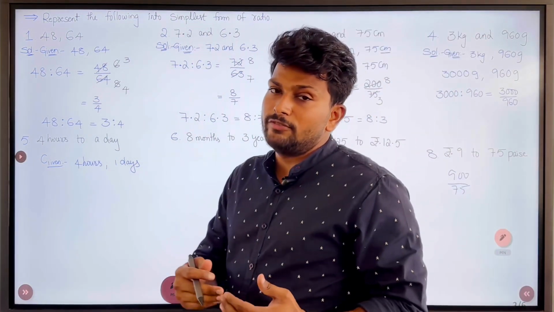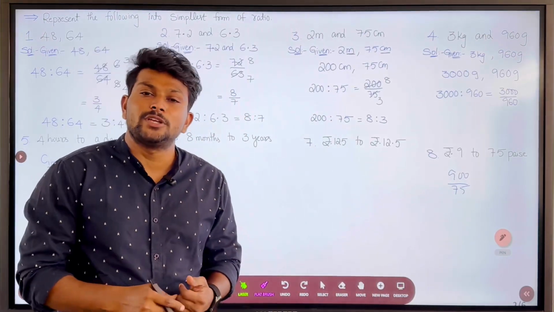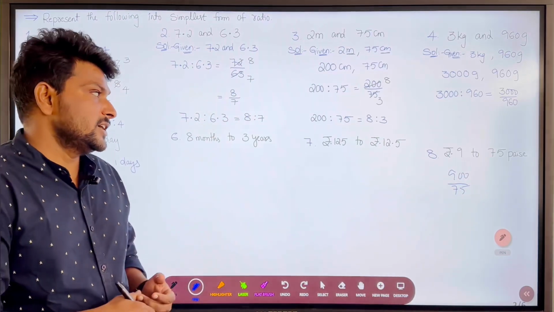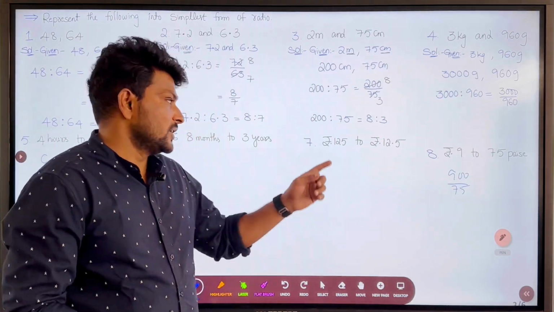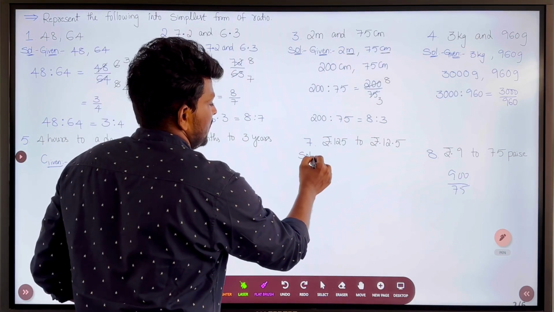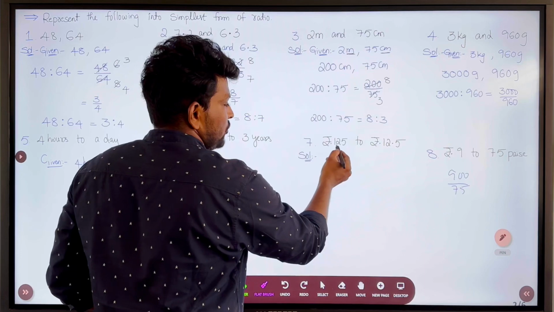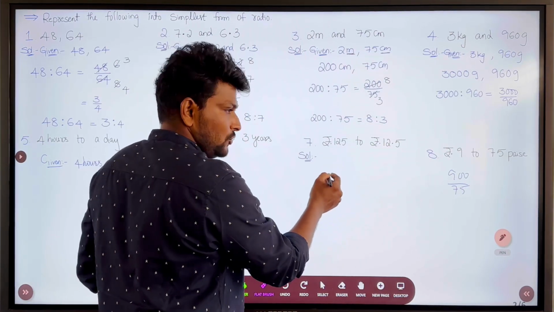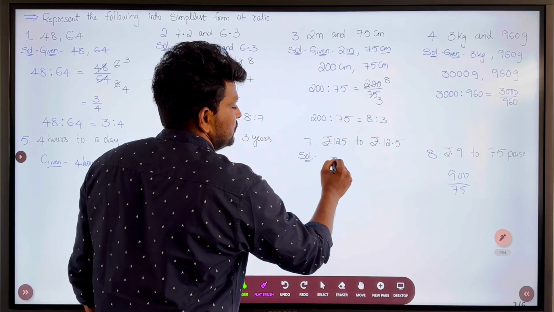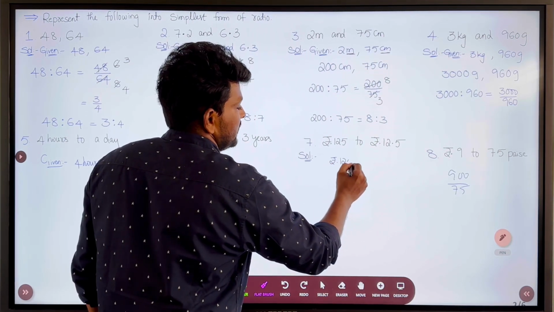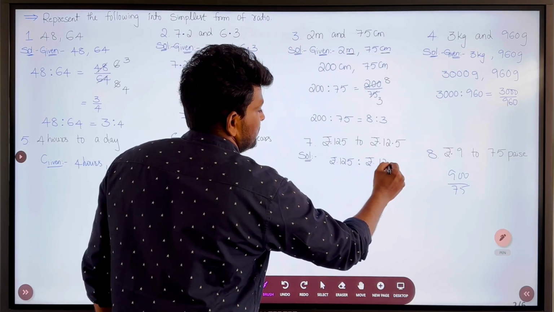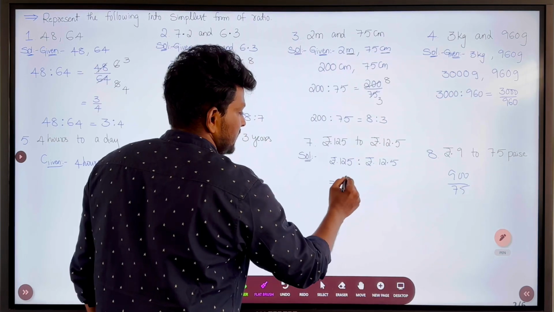So we need to convert. If we don't have the same units, we need to convert into the same units, and then find the ratio. Now look at the 7th question. I will write this 7th question. Here, look, both are in the same terms: 125 rupees and 12.5 rupees, both rupees but different values. So rupees 125 is to rupees 12.5. If we remove the rupees,